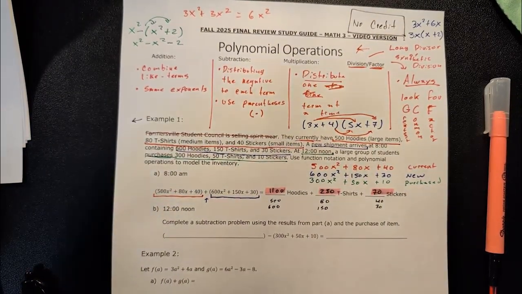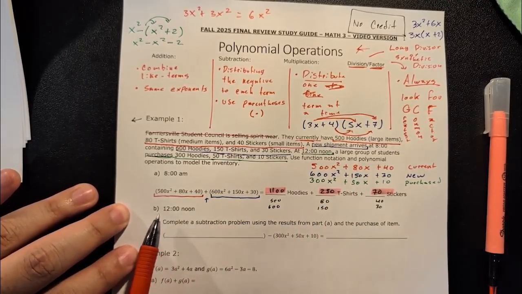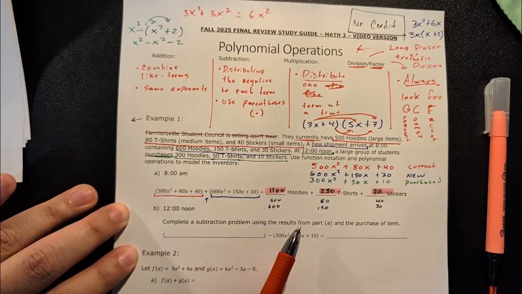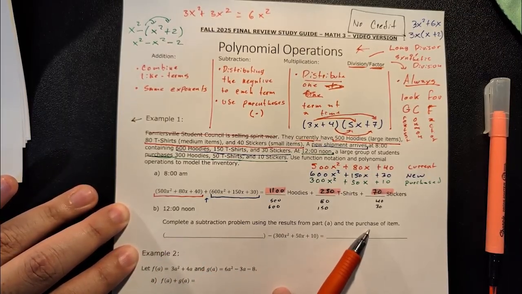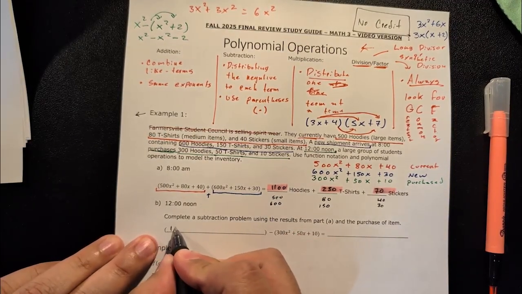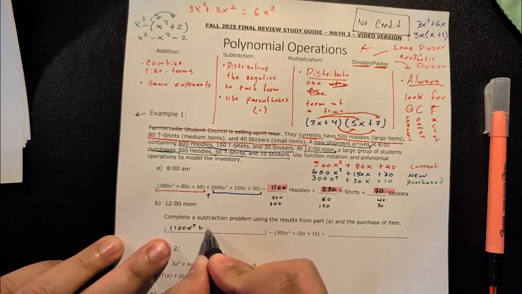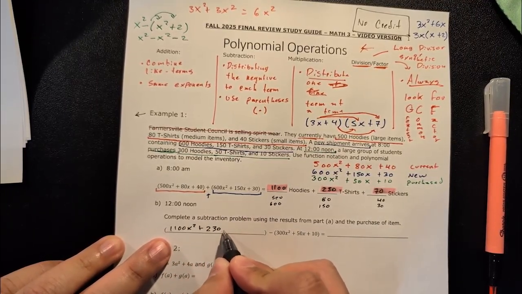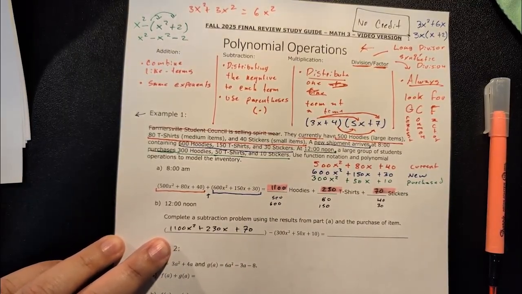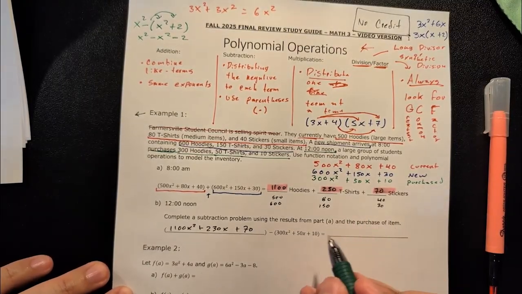Okay. So that was at 8 a.m. There should be 8 a.m. here. At noon, complete a subtraction problem using the results from part A and the purchase. So at 8, we had 1,100 hoodies, 230 shirts, and 70 stickers. Okay. Then at noon,